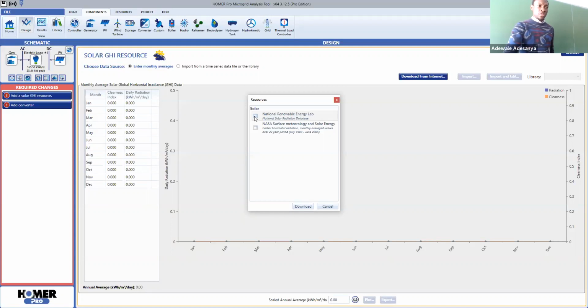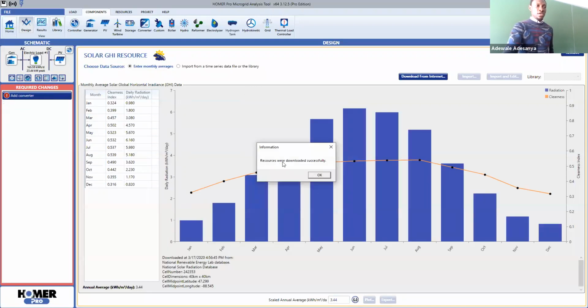So you can use NREL, you can use NASA, that's the aerospace data. So let's say we want to use NREL, all right? And then you click on download. Okay, so you see your resources were downloaded successfully. So you click OK, and then it shows you now,